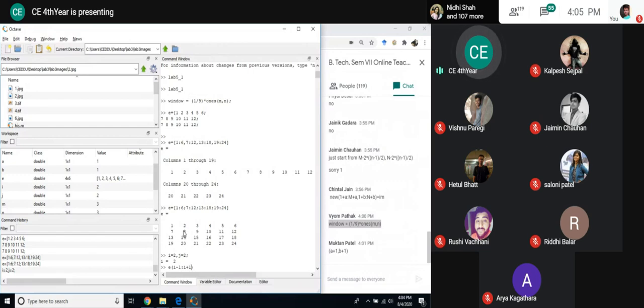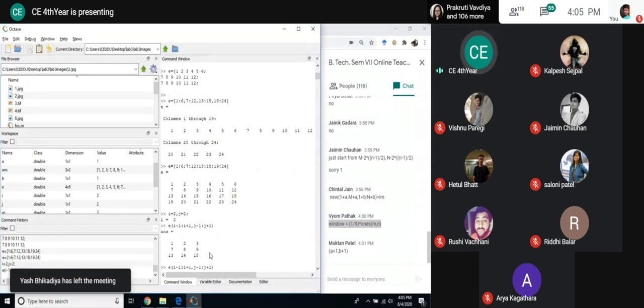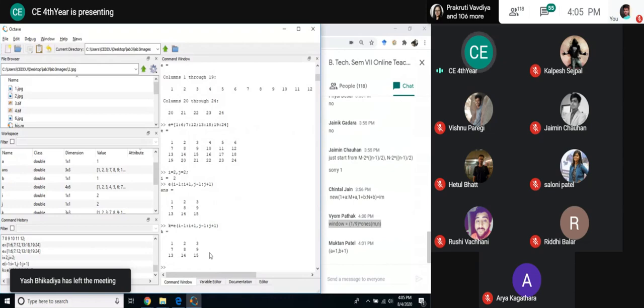Same way for j, from j minus 1 to j plus 1. So j minus 1 to j plus 1 I should take. So you can see that I expected this 3 cross 3 element, i minus 1 to... okay. Suppose I am storing this into some k variable. So k is my 3 cross 3.